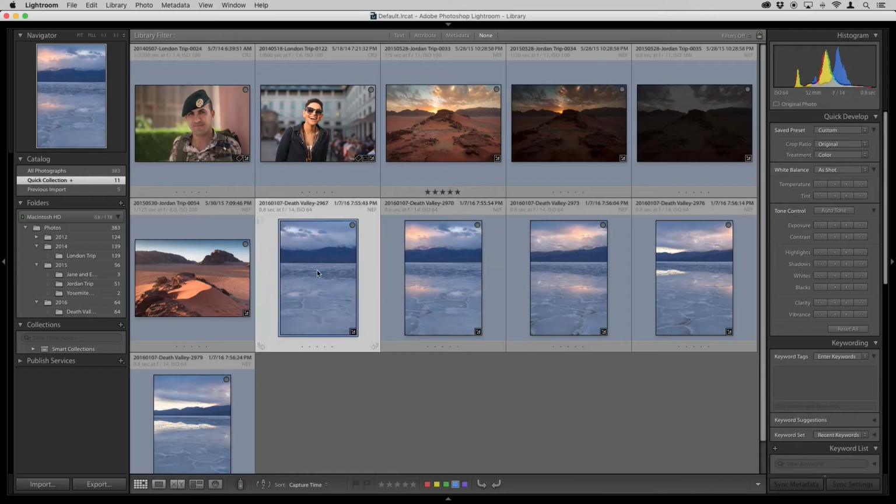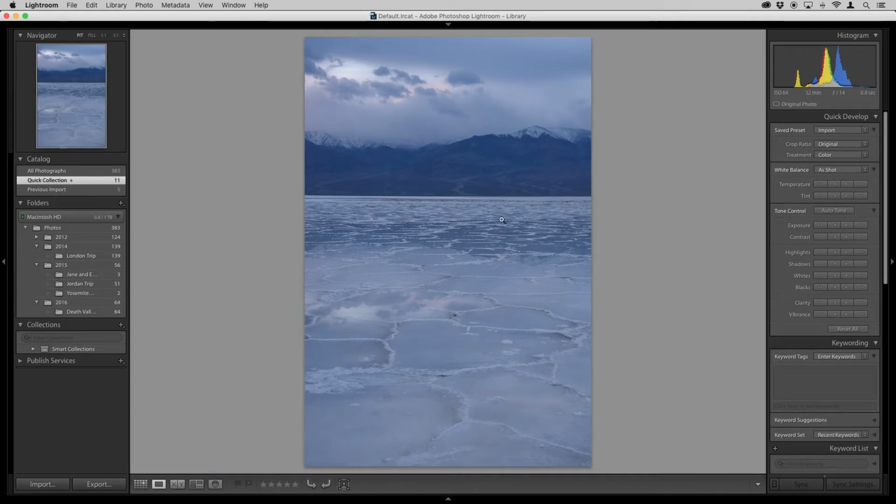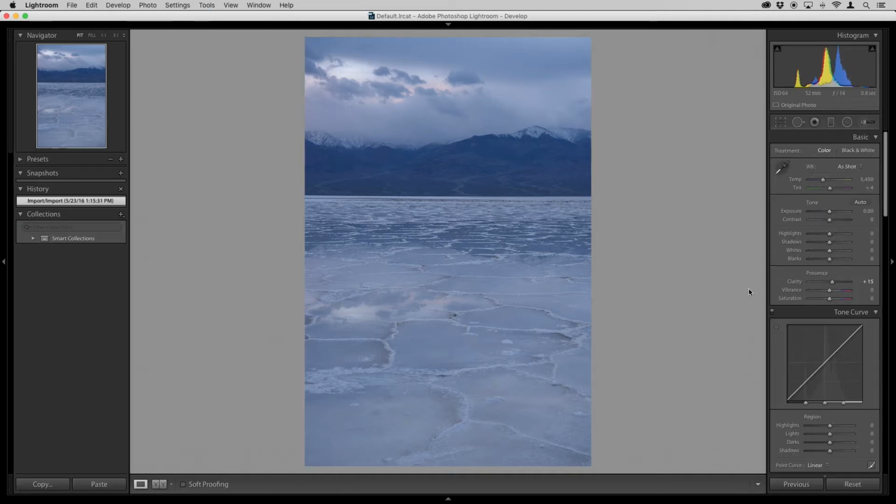In this case, I'm going to pick this first image. This is a sequence of panorama that I shot in Death Valley, and let's make some very quick tweaks so that I can show you what this does. It looks like I already had a little bit of clarity applied. I'm just going to tweak the exposure a little bit. Actually, the white balance is where I want to start because this looks way too blue. So maybe just adjust the white balance so that the white looks a little bit more white.